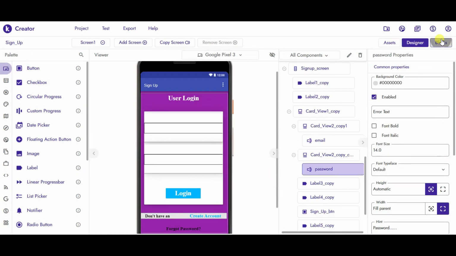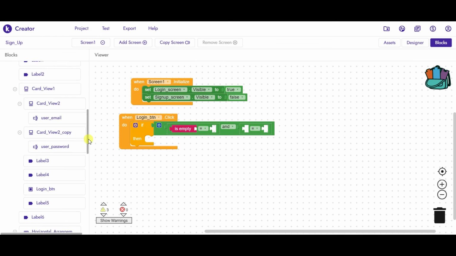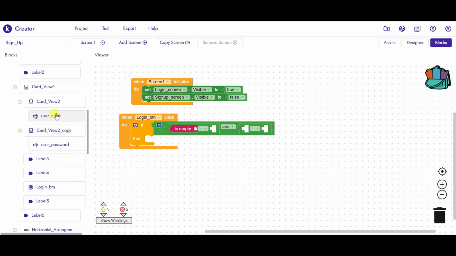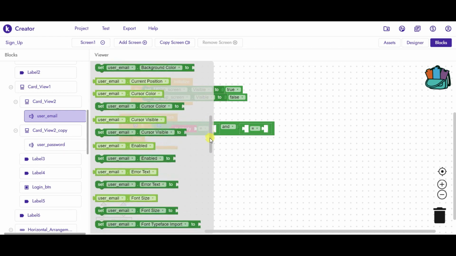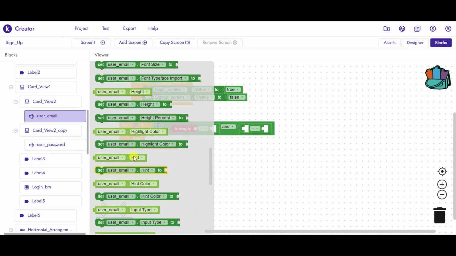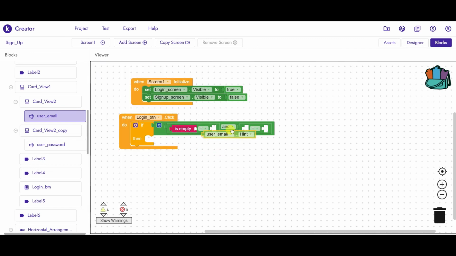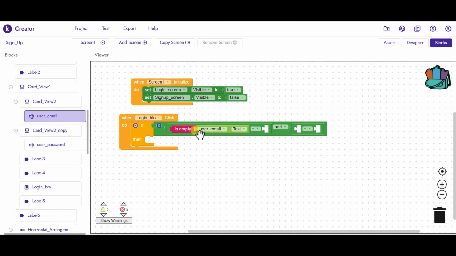And now go to the block section again. Now is empty, the user email dot text. So just take any block, click here and select the text option and just copy this whole block.